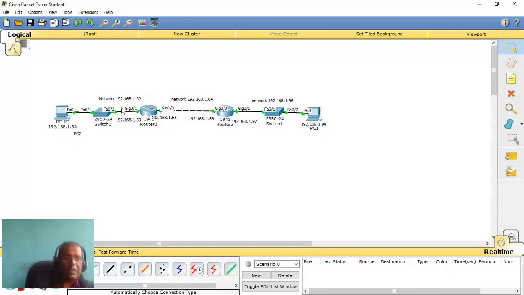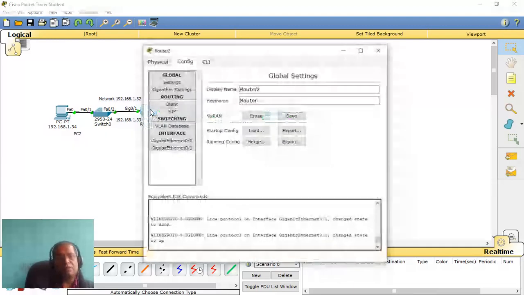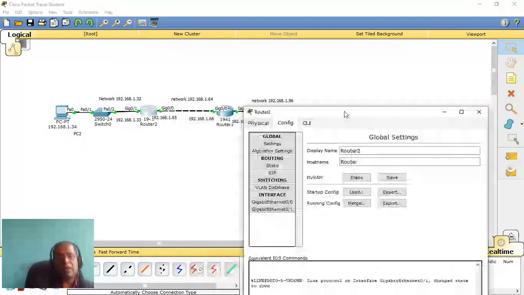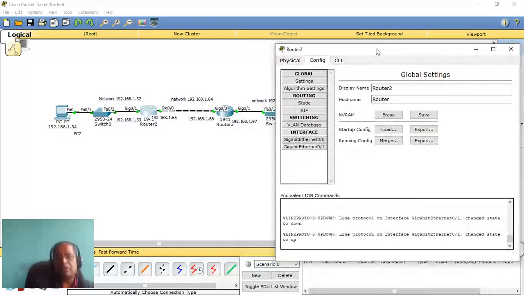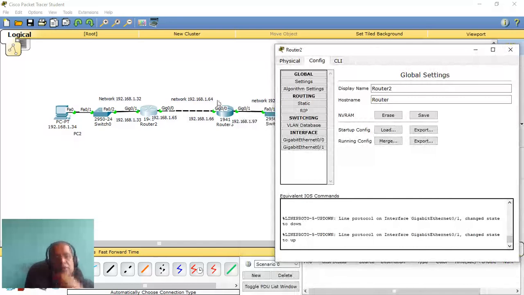Before that, the networks used here, 3 networks we are using. As I told you, from the 192.168.1.0/27, we can create up to 8 networks. But here we are using 3 networks in this example. And then we see that these networks are able to communicate with each other. So let me go to the router. Here the router number is router 2. So this router that is highlighted is what we are going to work with.